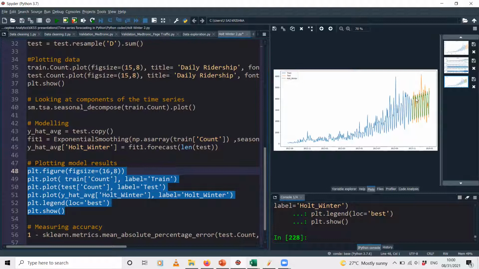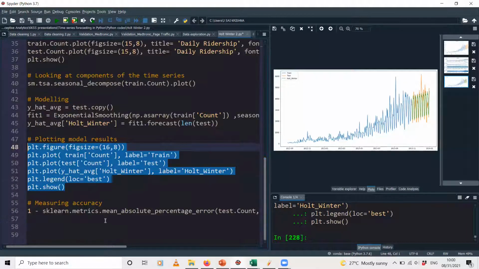Now you see that this prediction also follows that seasonal pattern, right? Now that you have made your prediction, just see how accurate it is. For that you will be using this MAPE function, or the mean absolute percentage error, which you will be taking from the sklearn library. Accuracy is nothing but 100% minus the error percentage, right?